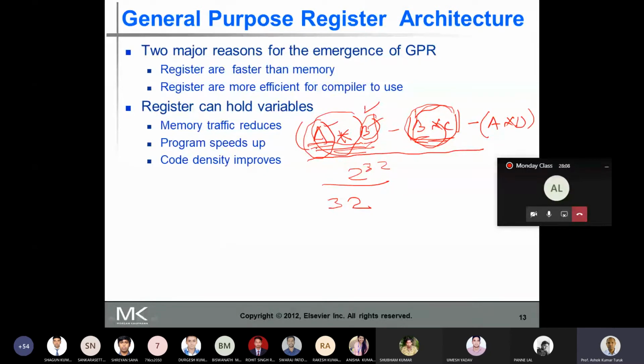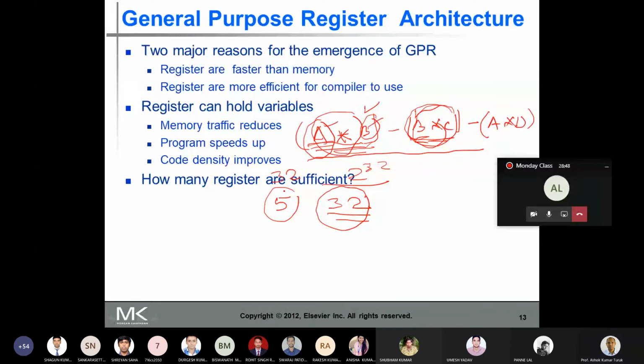So if you specify A, then I need to specify an address of 32 bits. Now if A is stored in a register, and I had 32 registers, then by means of 5 bits I can specify the address of the register. So here 32 bits to specify the memory, and 5 bits to specify a register. You require fewer bits, so the code density also improves if the variables are stored in the registers.